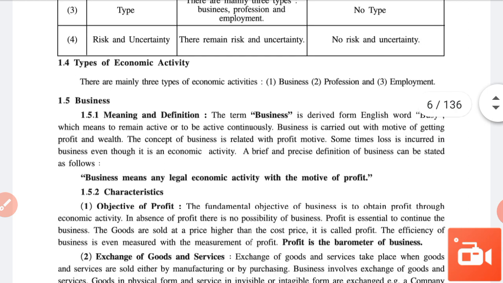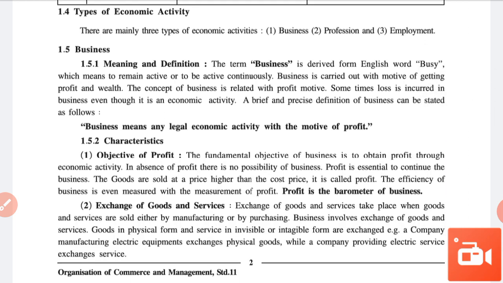Types of economic activity: there are 3 types. First, business. Second, profession. Third, employment. We will study all 3 types of activity in detail. Now we start with the first one, business. What is business? Business is a word derived from the English word busy,